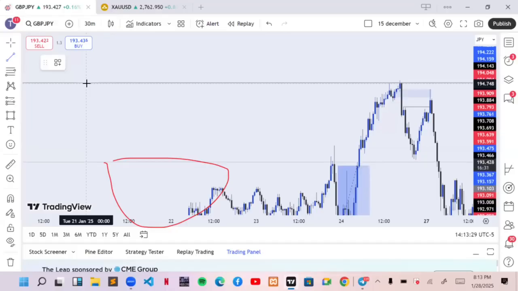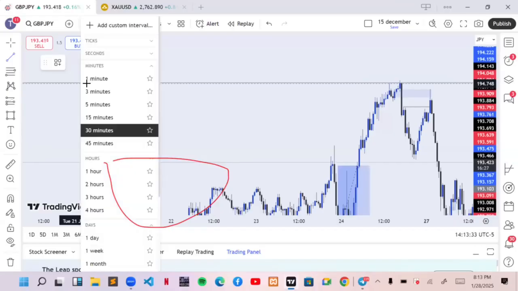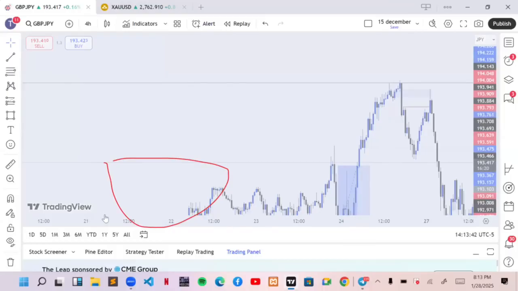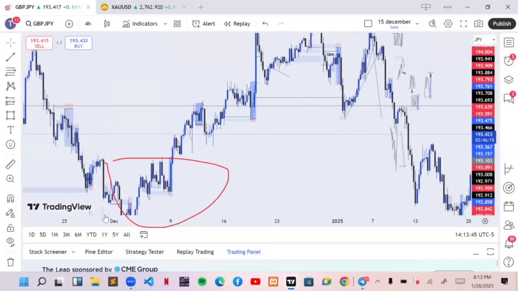So how do we do this now? I will use what happened on GBP JPY, for example, and I will tell you guys why I was just taking buys throughout on GBP JPY until the directional bias of the market changed to sell. So now, for example, now on GJ,